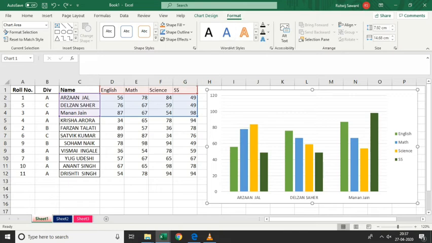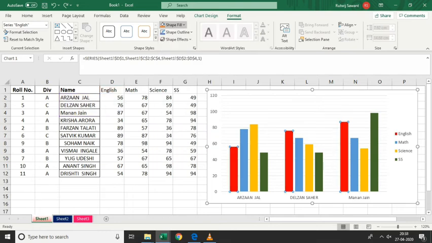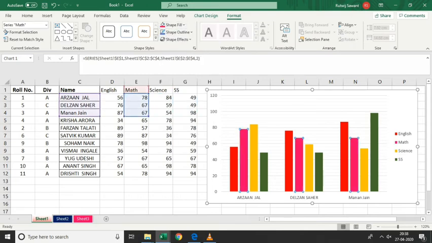So I'll select this data series, that green color, go to shape fill, and from here I'll select a different color. You can see. So like this, you can change the color of each data series.